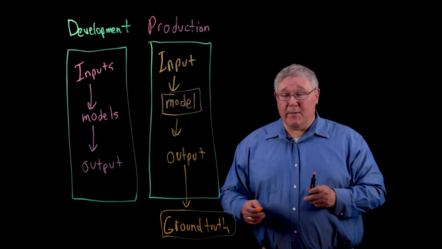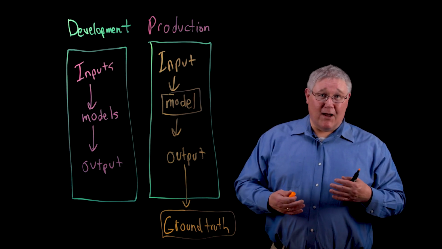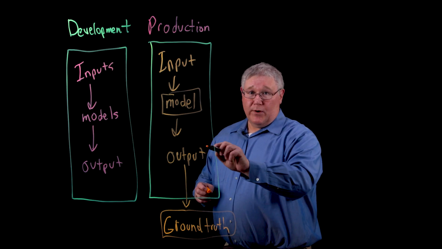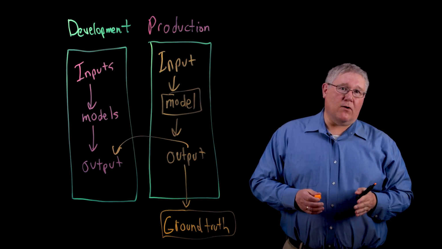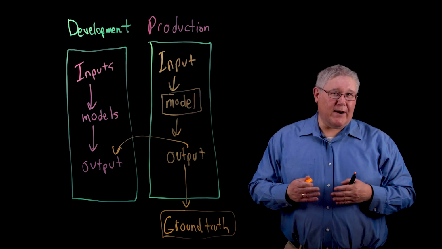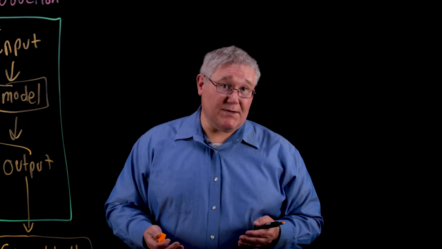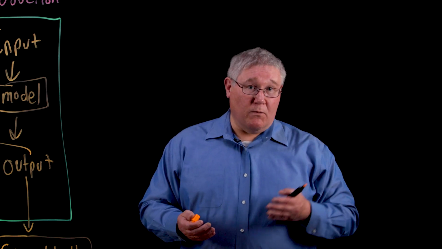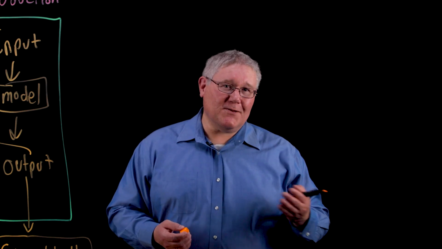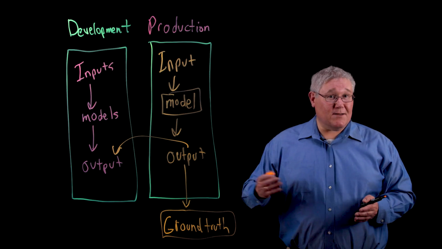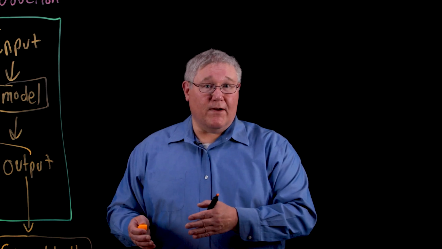The other thing we can do, remember over here in the development space where the data scientists were very, very rigorous in terms of what their model was doing, we can compare the output in deployment to the output in development. So if we're predicting a model that should be predicting on average a churn rate of 4%, but in development the average churn rate was, let's say, 0.4%, that's an issue, right? What we're seeing in deployment is different than what we saw when we developed the model. Likewise, if we built a model to talk like your average 10th grader, and all of a sudden it's talking like a 2-year-old, that's an issue. We could tell that by comparing it to the output that was created in development.